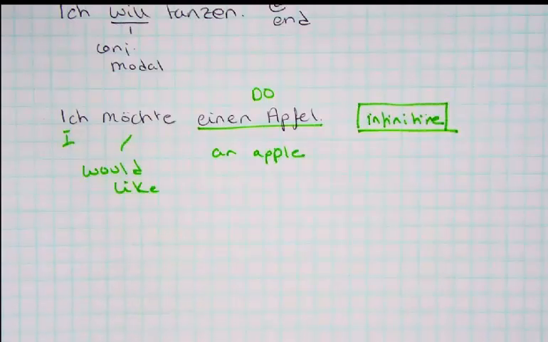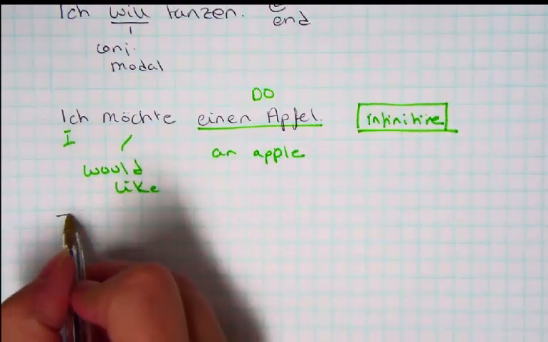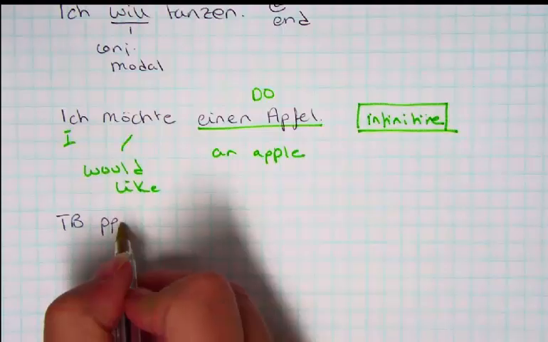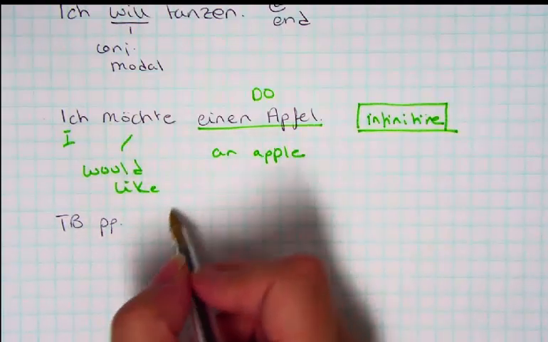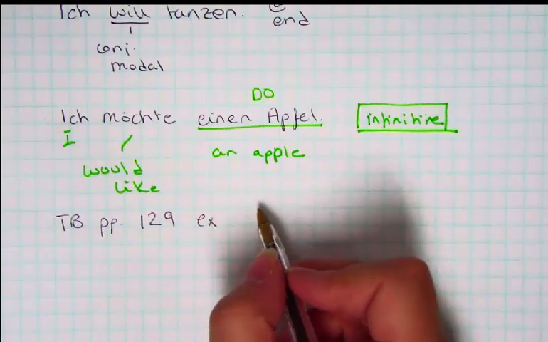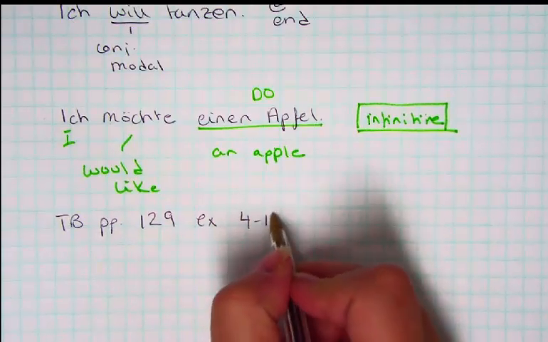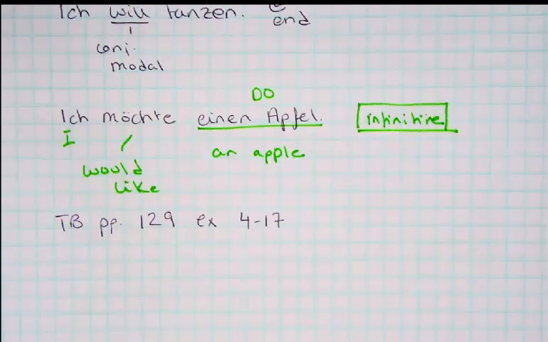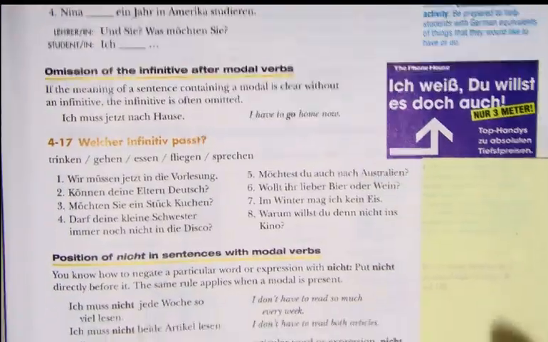Now, you're going to grab a textbook. Actually, I'm going to project it so you don't need to grab the textbook, but I'm going to write down the pages for you anyway in case you want to go back to it at home. What I'm going to show you is an activity where there's a bunch of omitted infinitives, and what you are supposed to do is figure out which infinitive works in the blanks or in the non-existing ones. So this is where we're at,